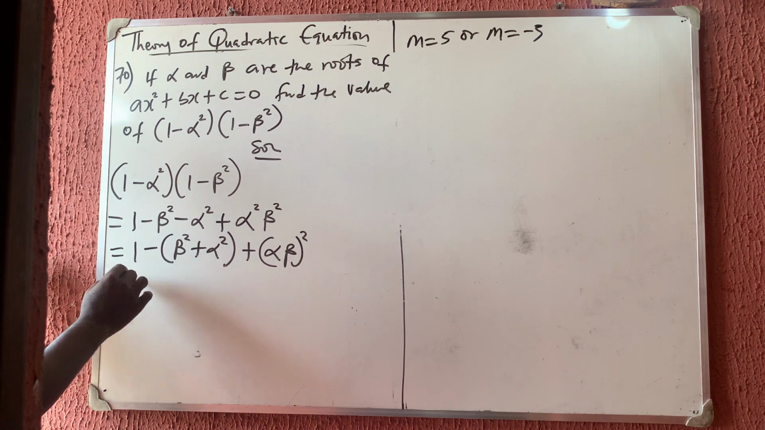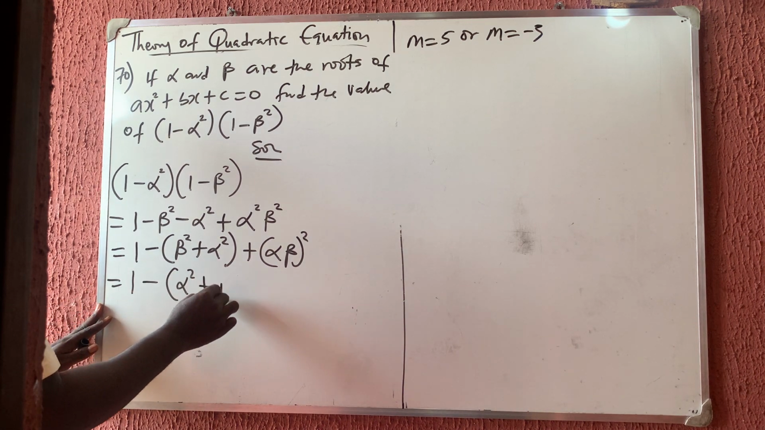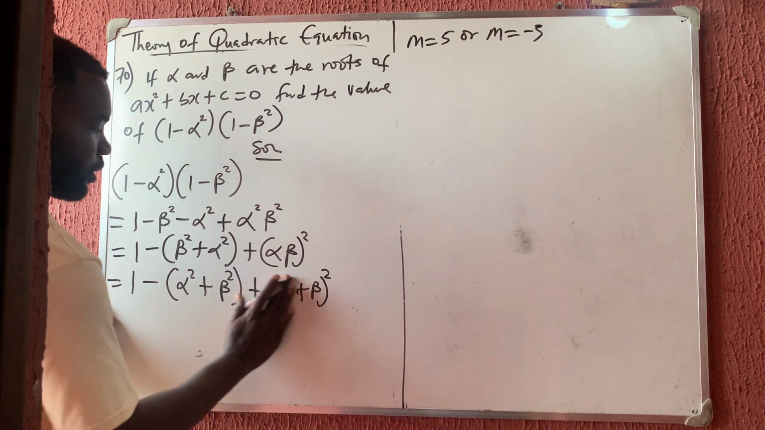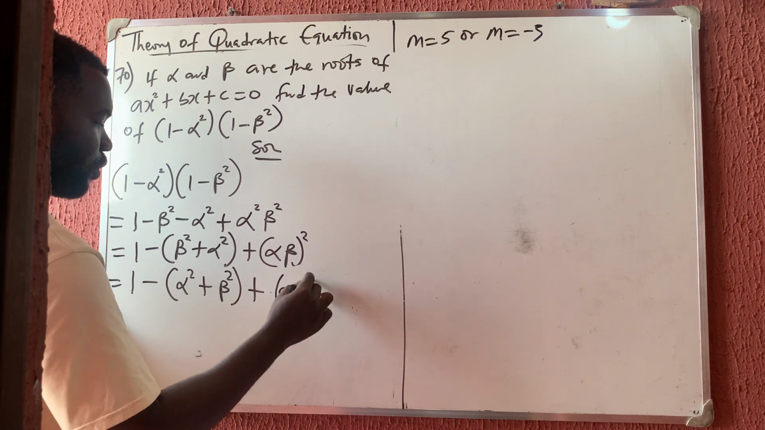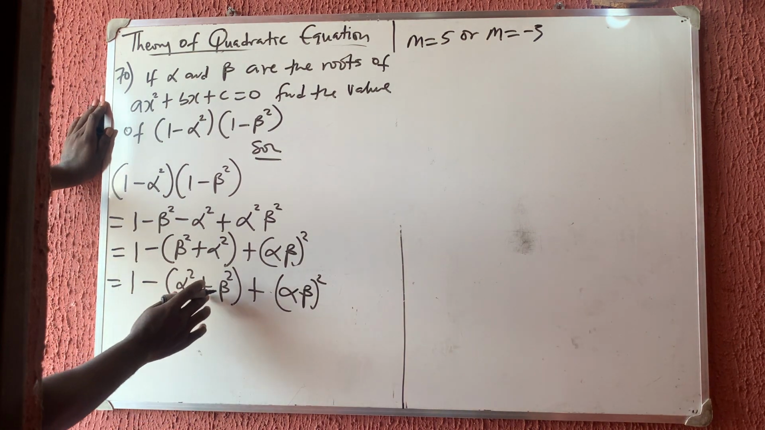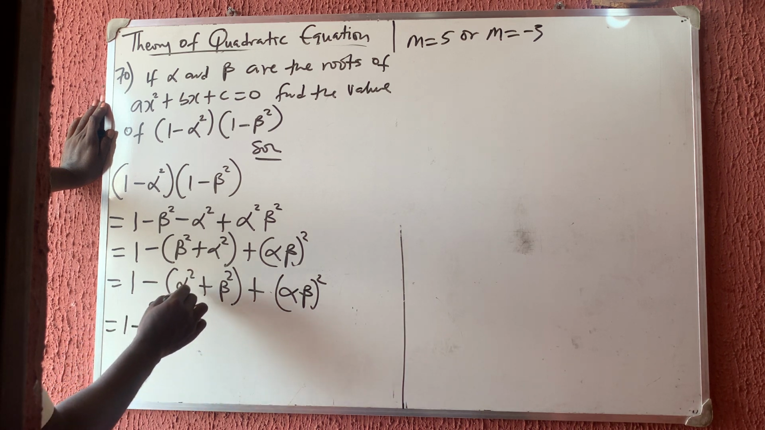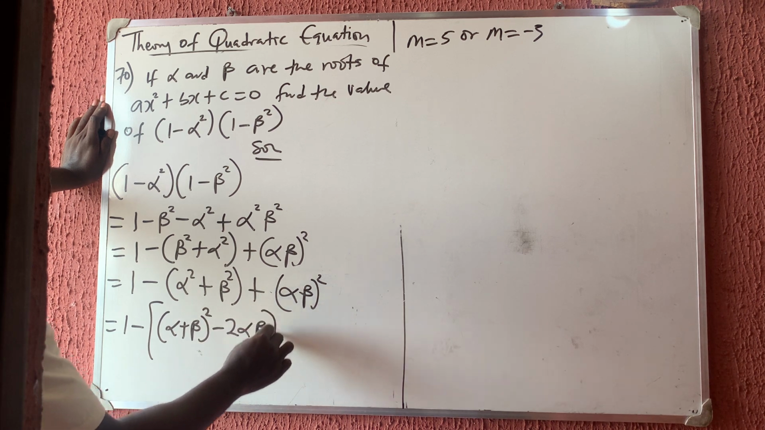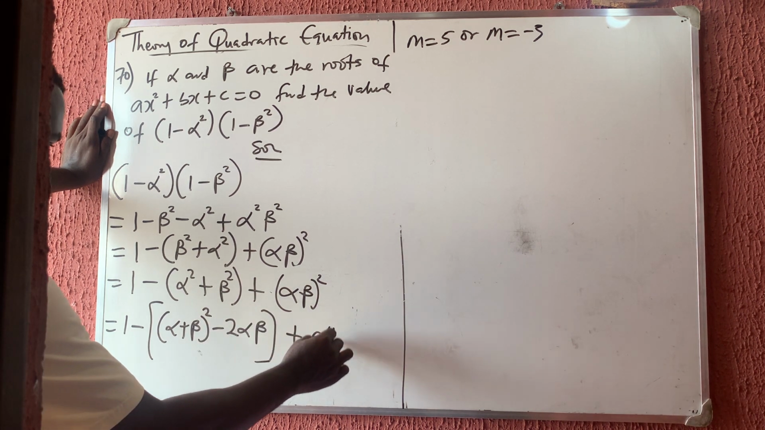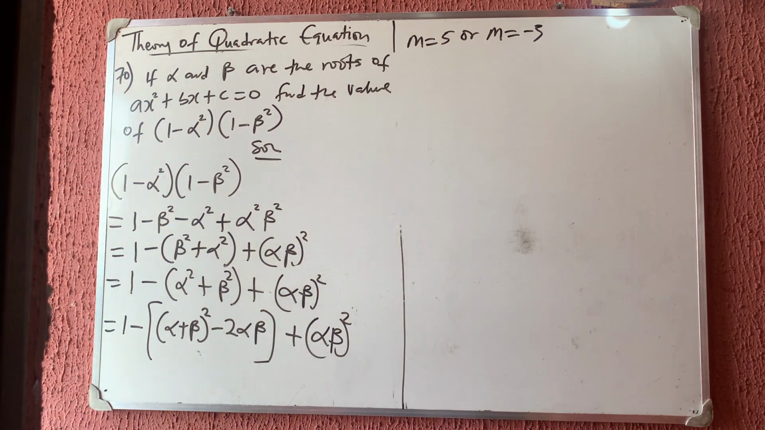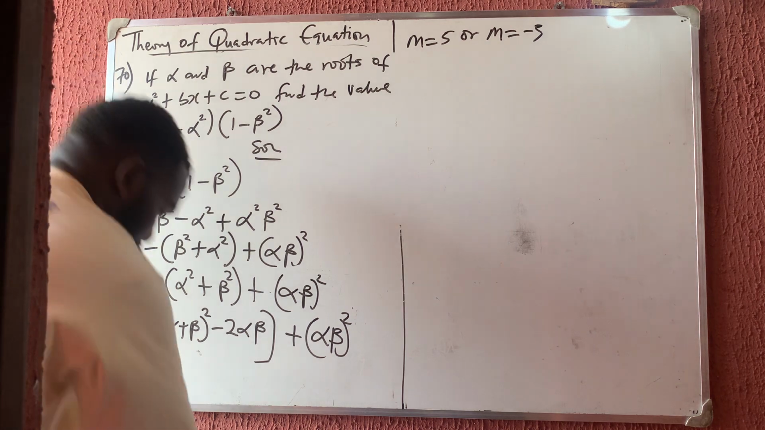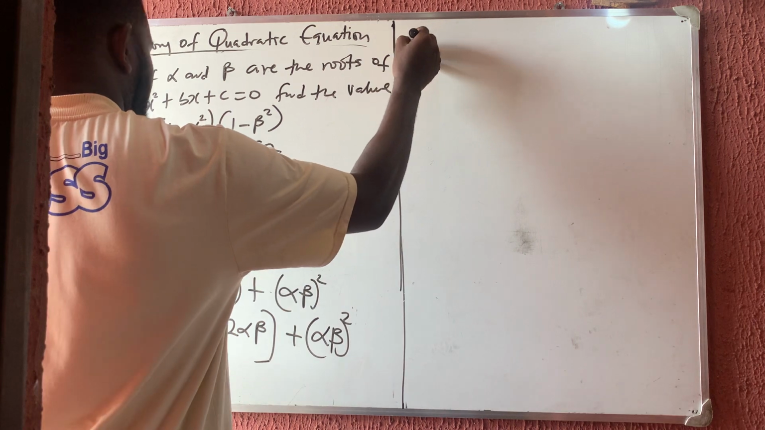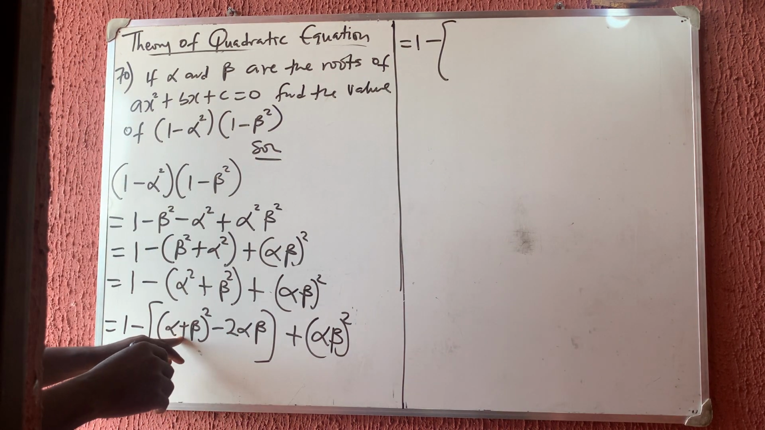So if you arrange this side very well, I'm going to have 1 minus alpha squared plus beta squared, then plus alpha beta all squared. Okay, so now I know the meaning of this. So this is 1 minus, this one means alpha plus beta all squared minus 2 alpha beta. Okay, that's the meaning of this one. Then plus alpha beta all squared. So if we do that, we can now substitute. If we substitute, we have that this is equal to 1 minus, now alpha plus beta is minus b